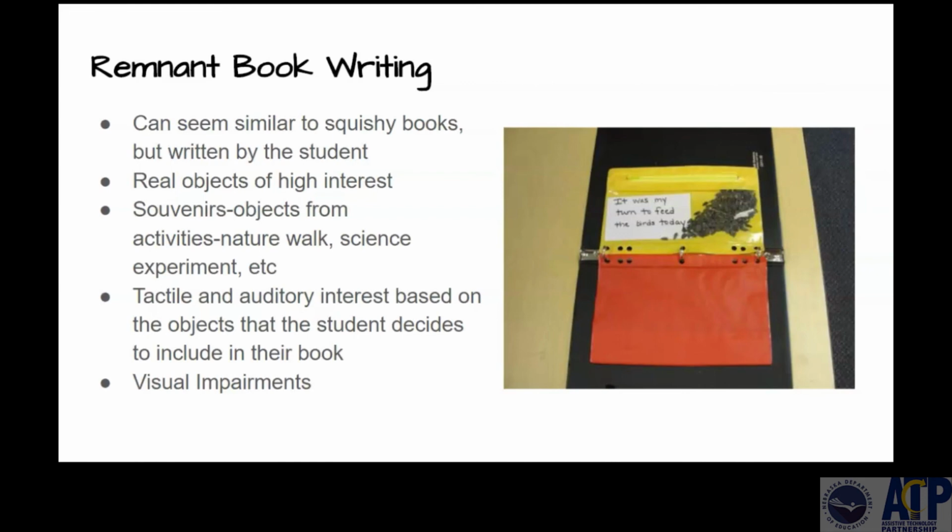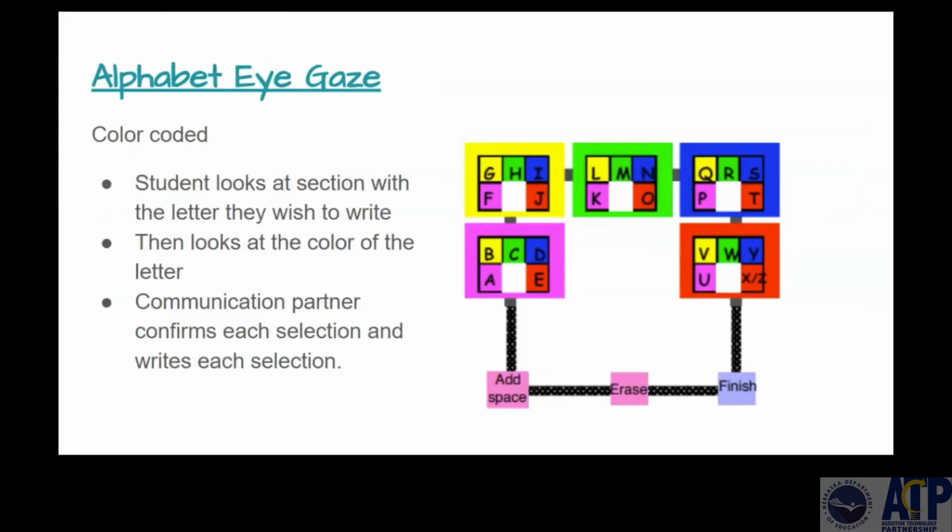Because of that auditory and tactile component, Remnant books can be excellent resources for students with visual impairments to show their skills as emergent writers. A low-tech strategy to provide students with significant physical impairments access to the alphabet is to use an alphabet eye gaze system. This is a color-coded system where the student looks at the selection with the letter they wish to write and then looks at the color of the letter. The communication partner confirms each selection and writes each selection. For example, if the student wanted to write the word boy, they would first look at the purple section. The communication partner would confirm,